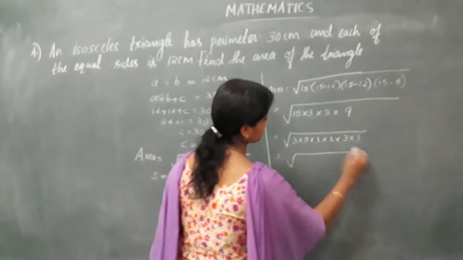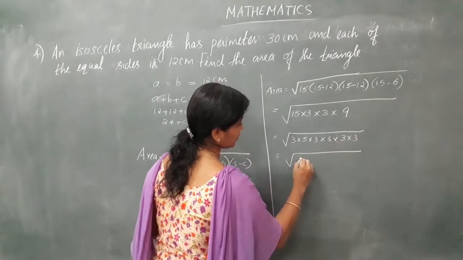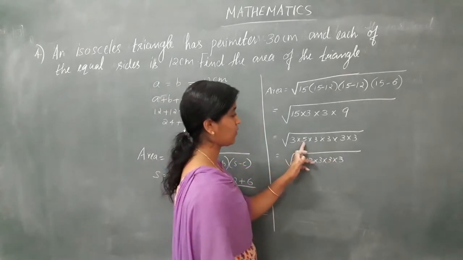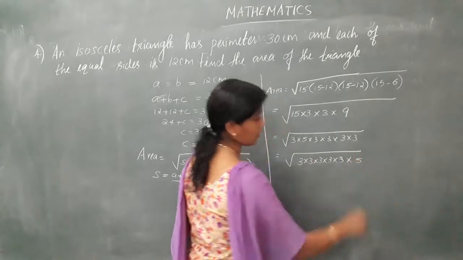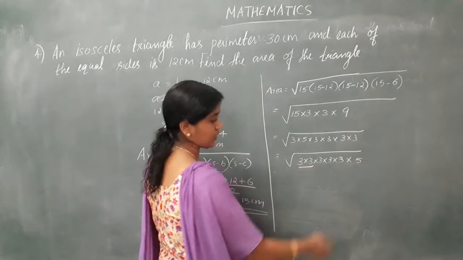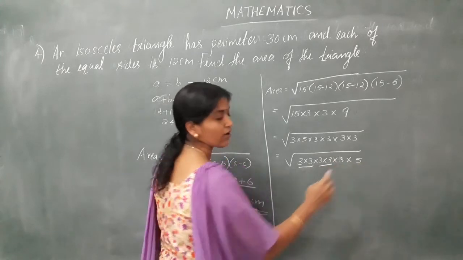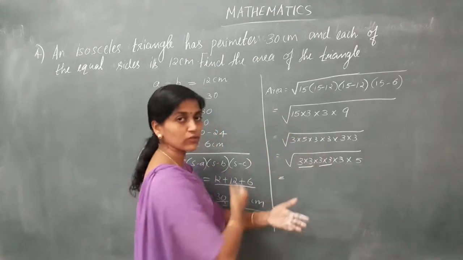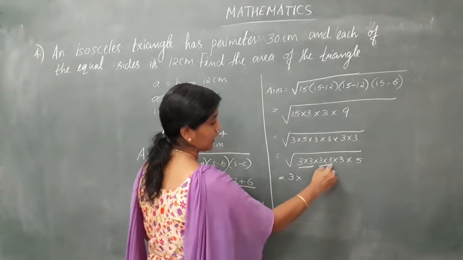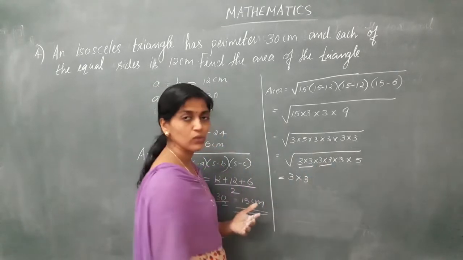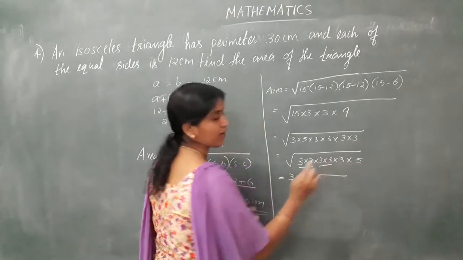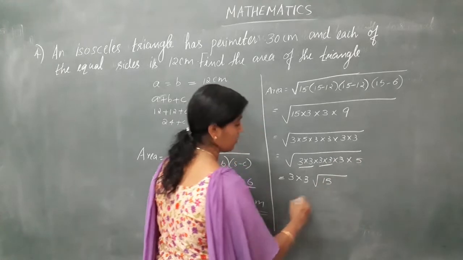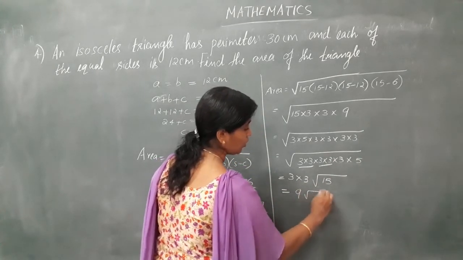Now I am going to take all the 3's together. 1, 2, 3, 4, 5. So 1, 2, 3, 4, 5. Now 5 is also there. 5 is ignored, it's not having a pair. So these have a pair. These both do not have a pair. They will remain inside the root itself. So coming out of the root, the pair comes out. So it is 3 into, again this 3 comes out, it is 3 into. Then again this root: they both don't have a pair, so they will remain inside the root itself. So 3 into 5 is 15. So we get here 3 3s are 9, 9 root 15.